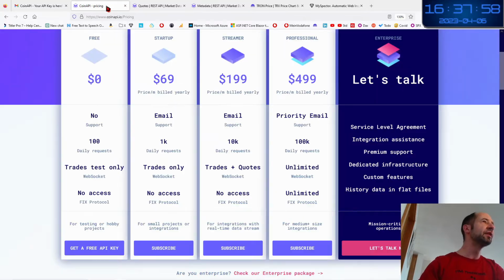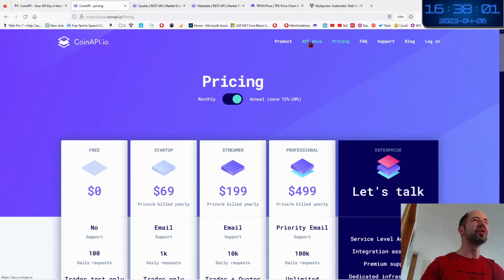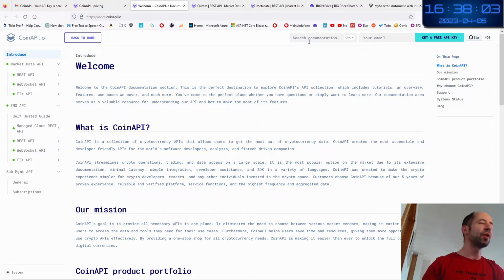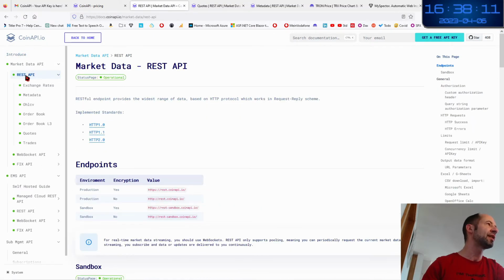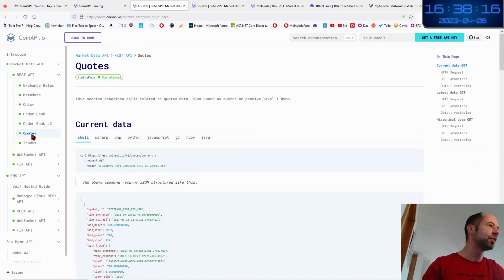Then after this, there is the documentation. So let's look at the API docs. And what interests me for the moment is to know the price of a given cryptocurrency. What is interesting is what is called the REST API. And here you can see that there is an entry here with the quotes. And here you see that there is a HTTP request which is written here with the mandatory field to go in the HTTP header with this key. And this is the value of the API key that I have already received by email.